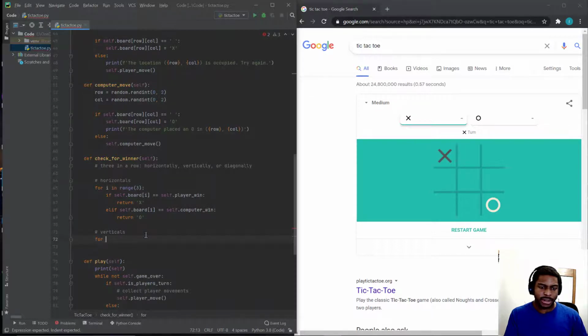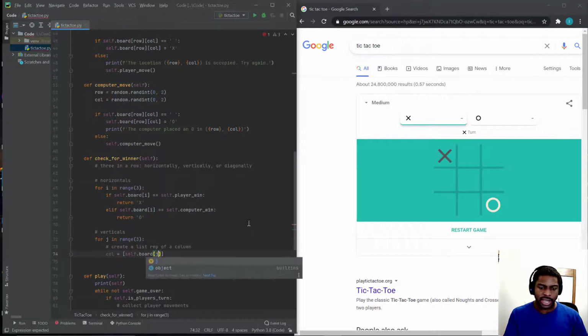There's 3 columns, so we'll say for j in range 3, first we need to create a list representation of a column. So we'll say column is going to be equal to, we'll use a list comprehension again. Remember, for a column we need to go downwards. So the column is going to be self.board at j,